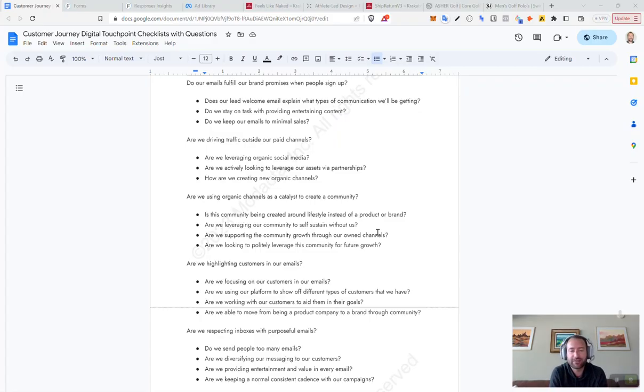This reads like the backwards version of why people unsubscribe. Sending too many emails, the messaging is all the same, there's no entertainment or value in any email, the normal, consistent cadence is lacking. The number one way for people to unsubscribe from your emails is when they get a coupon code and use it and don't want to hear from you, or you're sending too many emails with random stuff in them. That's it. So customer journey, company journey comes back into this.